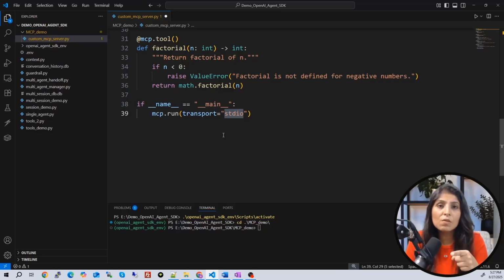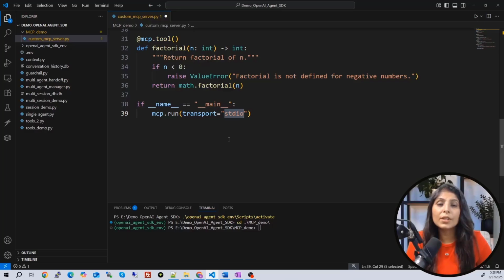So this is a math server, and this is going to run on a local machine, right? And the agent which we are going to build using OpenAI Agents SDK is also going to be on the same machine. So our client and server both are going to run on the same local machine. In that case, we can use this transport type, which is standard IO.